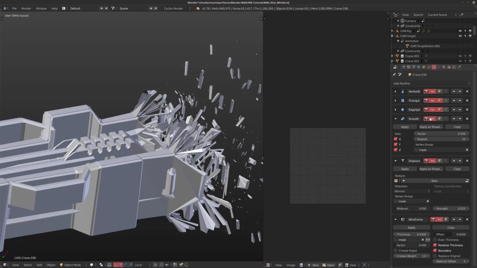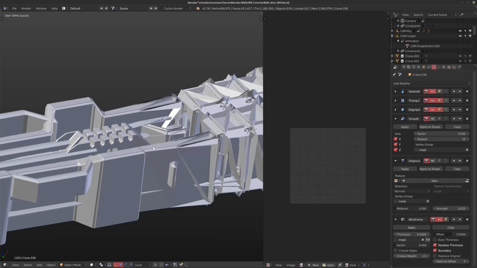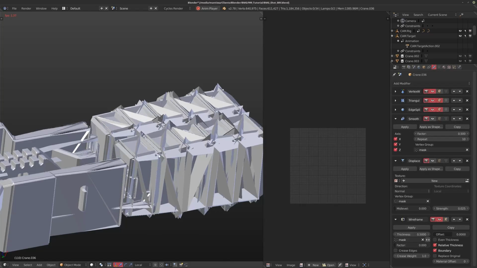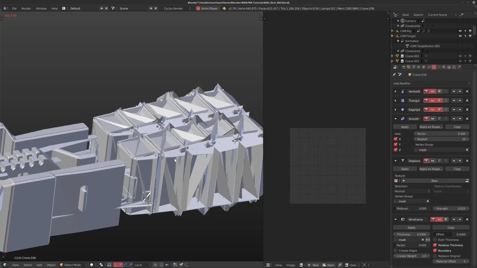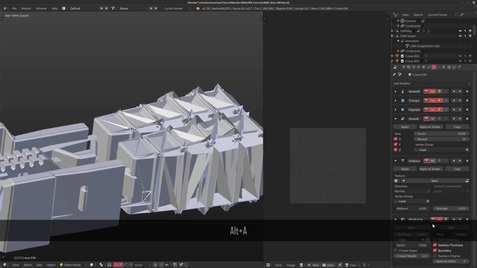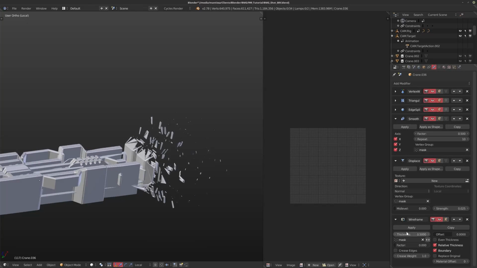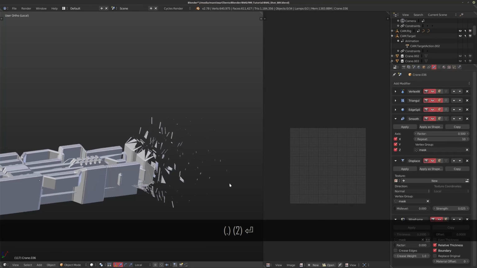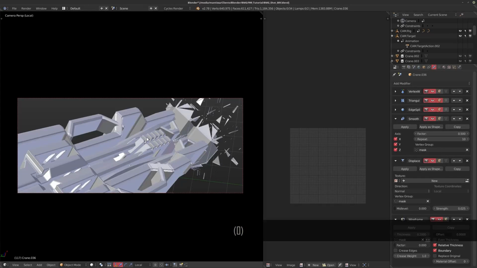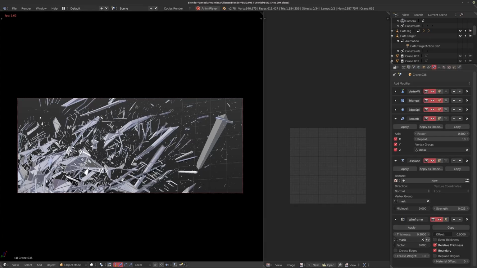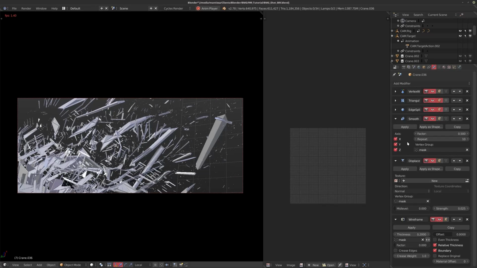So if I turn off the displace and the smooth for just a second, you can see this wireframe is quite huge, but as the mask moves along the object, you can see the same thing happening. The wireframe disappears, it collapses in on itself. And it's the combination of these three modifiers now that gives us a really interesting result. So again, if I go back into my rendered view, you see you have all this polygon trash that is coming together and forming some really interesting things.